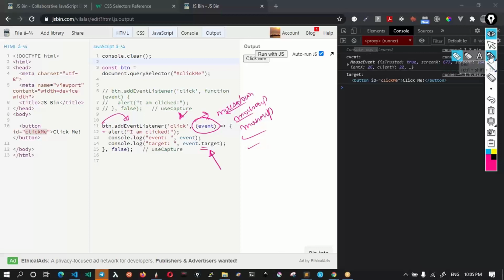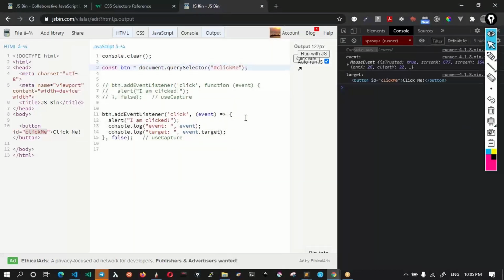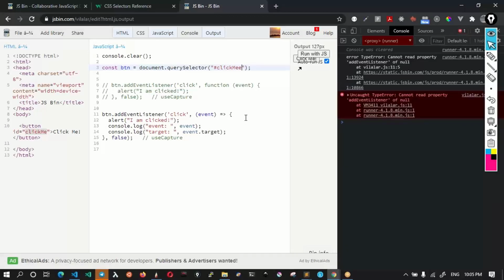Now sometimes, for better or best practice, it may happen that I accidentally gave a wrong ID here. Maybe instead of click me, I gave a wrong spelling. The moment that happens, you will immediately see a type error: cannot read property addEventListener of undefined.